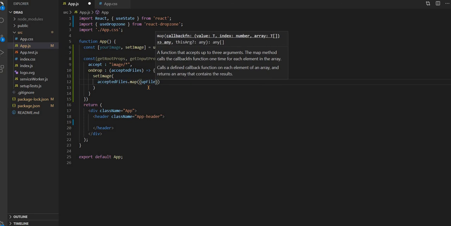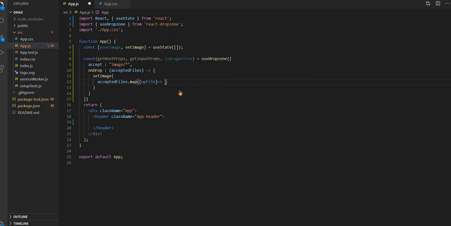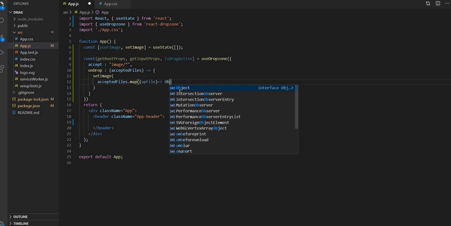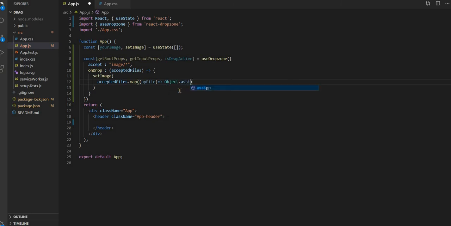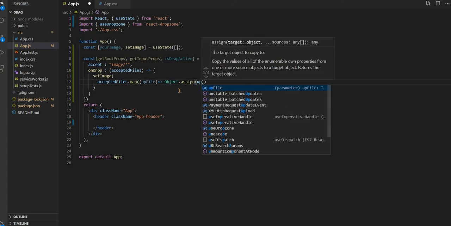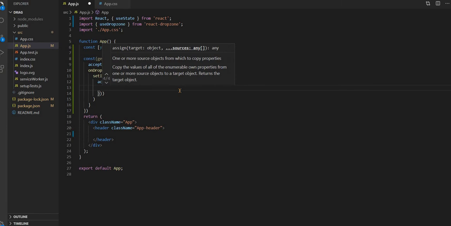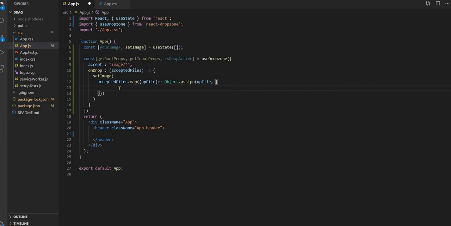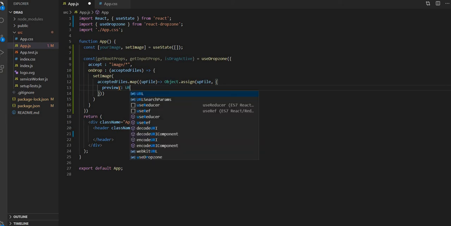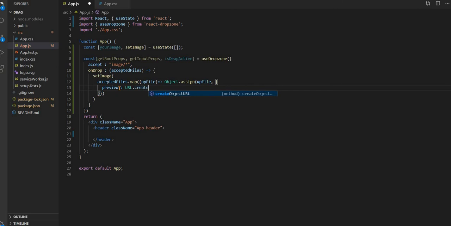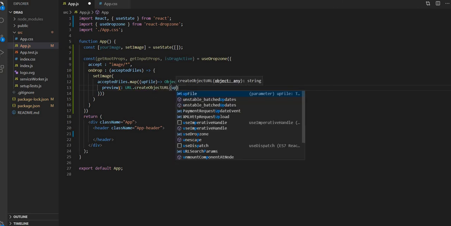upFile, which means uploaded file, and then we will use the JavaScript functionality Object.assign with upFile, and then here we have to write preview, and for preview URL.createObjectURL, and here upFile.